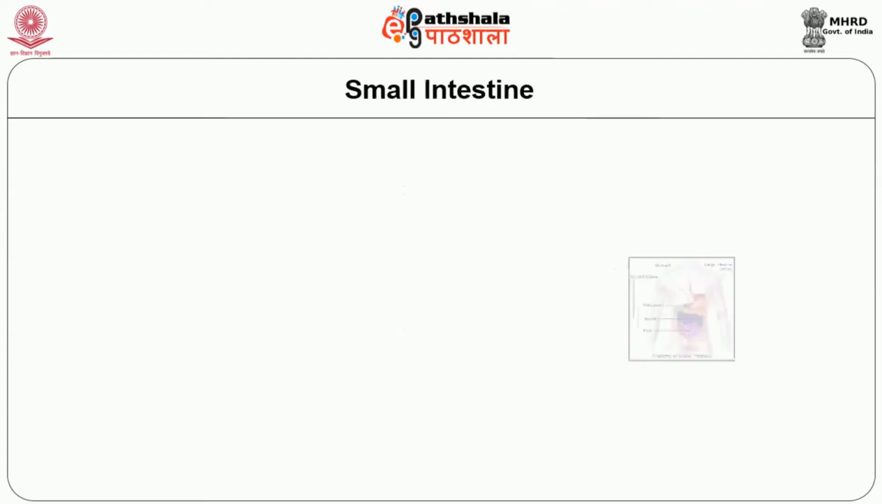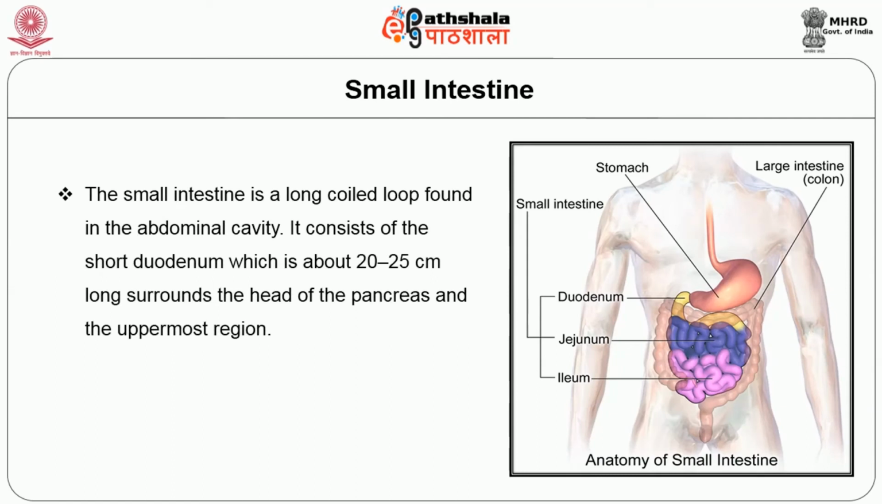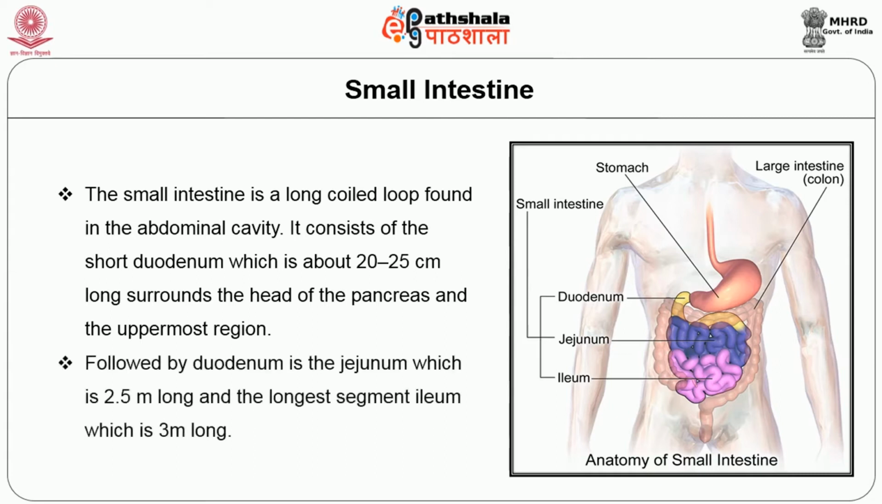The small intestine is a long coiled loop found in the abdominal cavity. It consists of the short duodenum, which is about 20 to 25 cm long, surrounds the head of the pancreas and is the uppermost region. Followed by the duodenum is the jejunum, which is 2.5 meters long, and the longest segment, the ileum, which